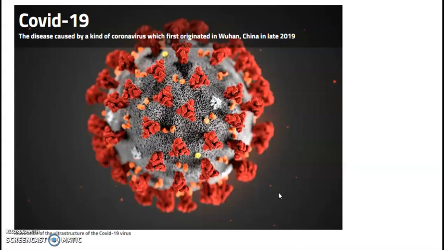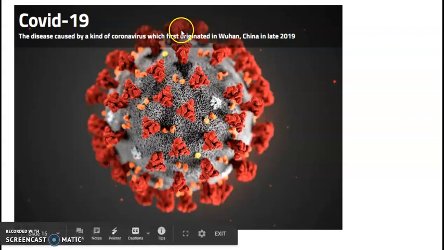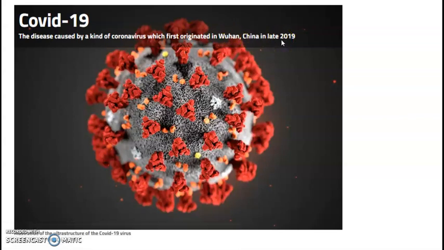COVID-19 is actually the disease caused by the coronavirus. And this coronavirus in humans first originated in Wuhan, China, in late 2019, when we first started hearing about it. And then, as you know, it has been spreading to a lot of different countries. We will learn more about this in future lessons. I hope that gave you a little bit of an overview of what viruses are, what the different types are, whether DNA or RNA, and just a little bit about what the coronavirus is.